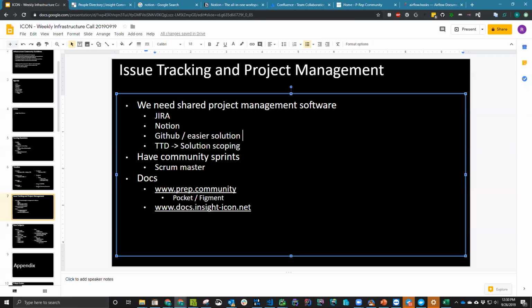And I guess, this meeting's running pretty long now. I don't know how much longer we need on this, but if you guys want to put up any thoughts about what you see as the project management solution, then we can start to work up from there. Because I think the docs is pretty, I don't want to say straightforward, but